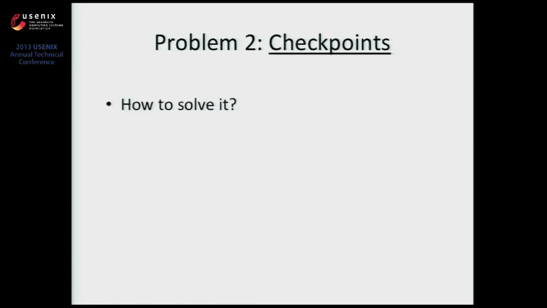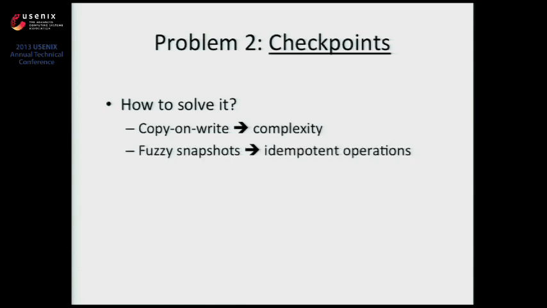So how do people deal with it? Like I said at the beginning, there are a lot of systems that implement some techniques such as durable state machine replication. First thing is copy on write. It's the obvious solution for the problem. The problem of copy on write is that it breaks the model of state machine replication because you have to interleave the code to get the state with the code that executes the operations. The second thing that is used, for example, in Zookeeper, is fuzzy snapshots.